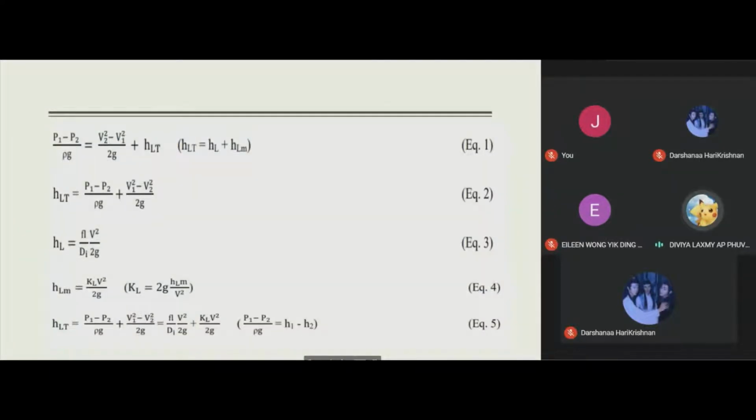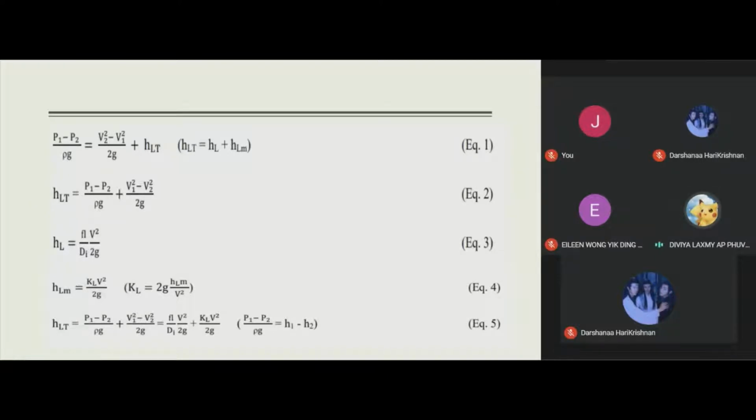As for the theory, the flow in the piping system at different flow rates may be required to pass through a variety of fittings, bends, or abrupt changes in area. Additionally, head losses called minor head losses (HLM) are encountered primarily as a result of flow separation. By simplifying the Bernoulli equation between 2 points for the horizontal pipe, the pressure loss and total head loss could be determined as follows. Equation 1 shows